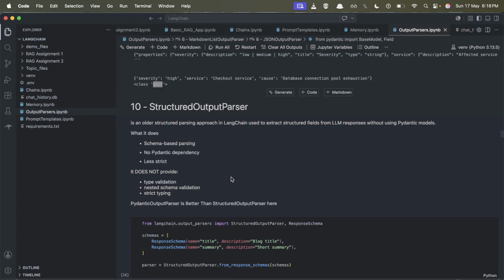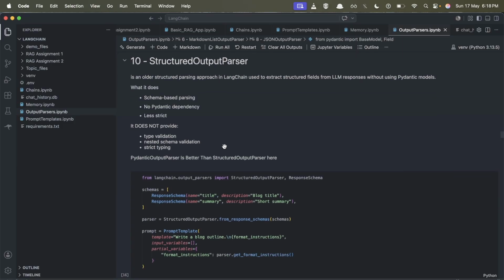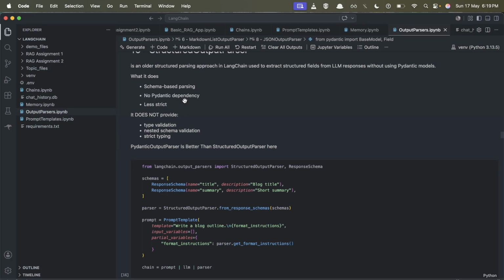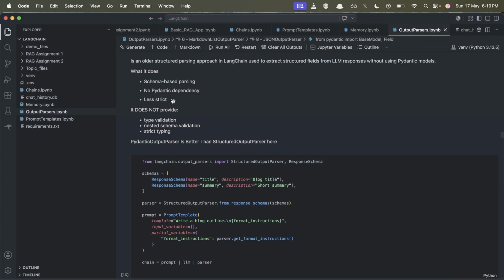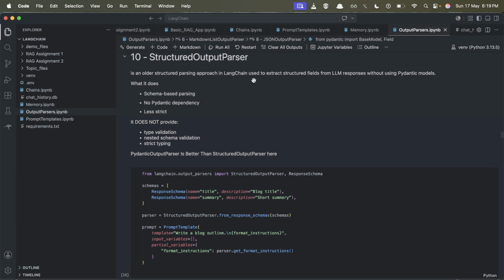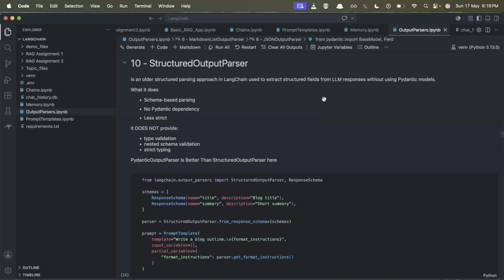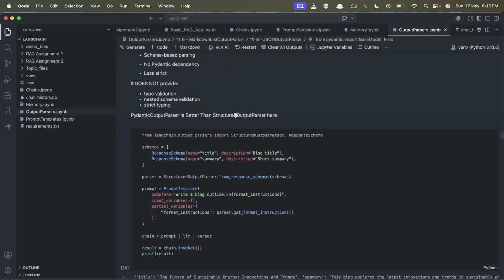Then there is another parser called structured output parser. It does schema-based parsing, and there is no Pydantic dependency, and it's less strict, kind of similar to JSON output parser. So it does not do any strict type checking, just schema-based parsing. It does not provide any type validation, nested schema validation or strict typing, and it's an older structural parsing approach in LangChain used to extract structured fields from LLM responses without using Pydantic models. So nowadays, I don't think many people are using structured output parser because this is an older approach from before the